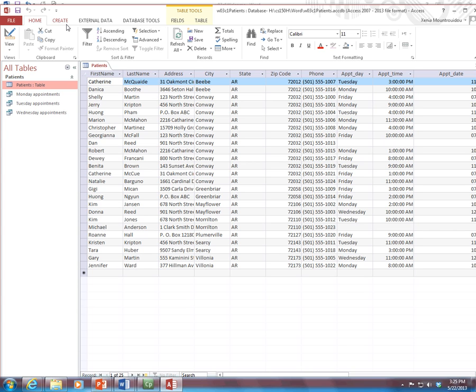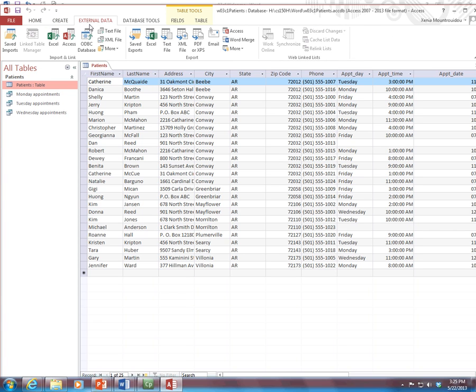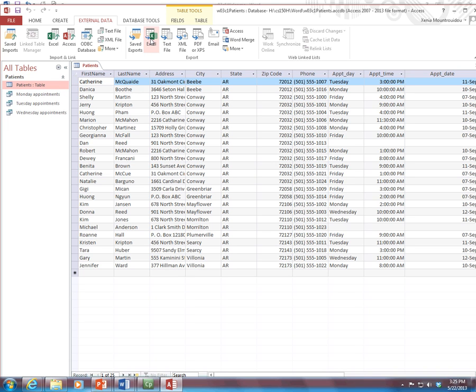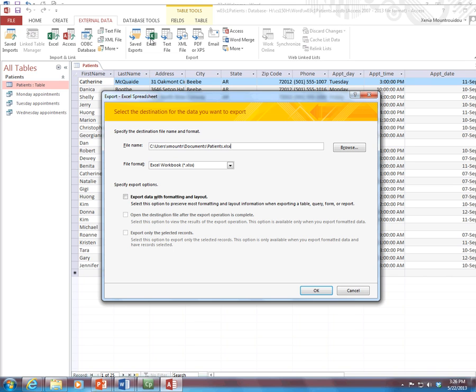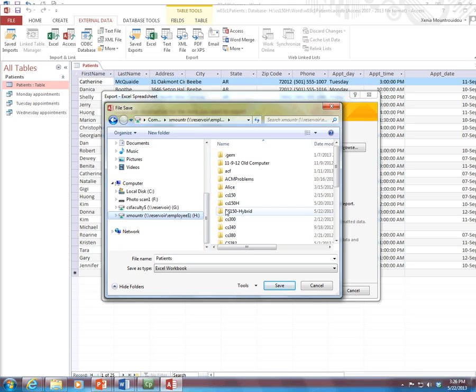Now, like I said, I'm not going to teach you Access, but what I'm going to show you is how to use a simple Access database file and export it to an Excel spreadsheet, which is something that we know how to use and how to modify, at least the basics, like adding some data to your Excel spreadsheet. So export this database to a spreadsheet that we're going to name Patients Excel, and you can always change the directory to your H drive